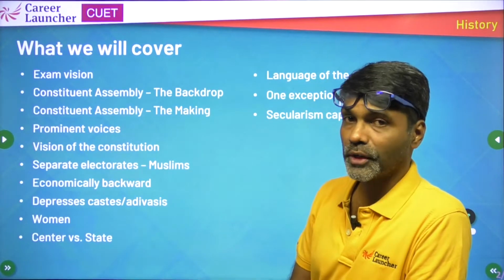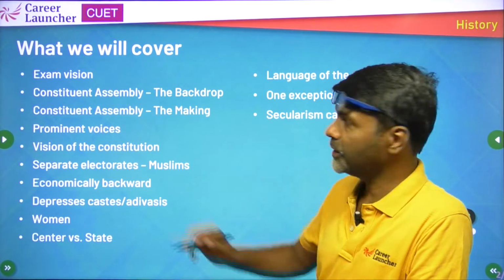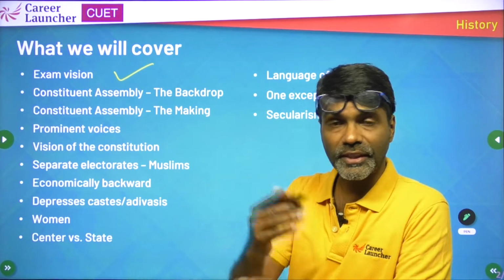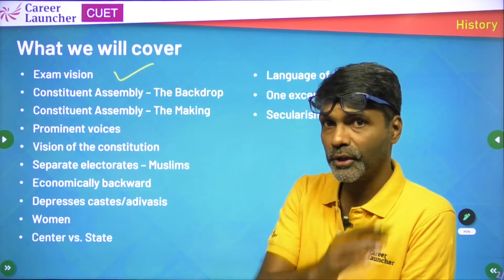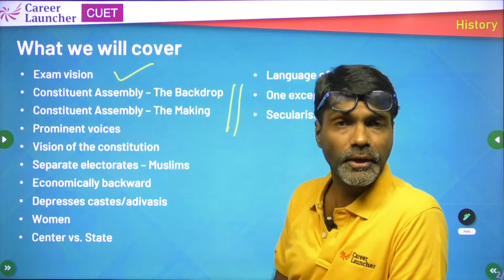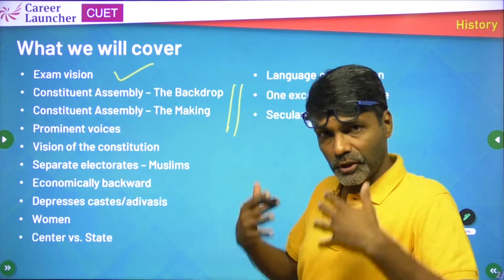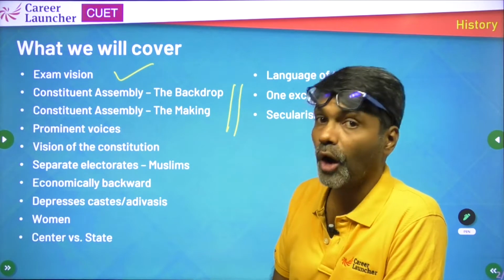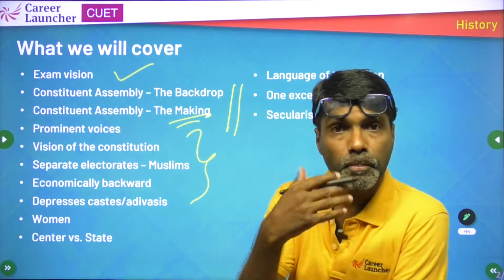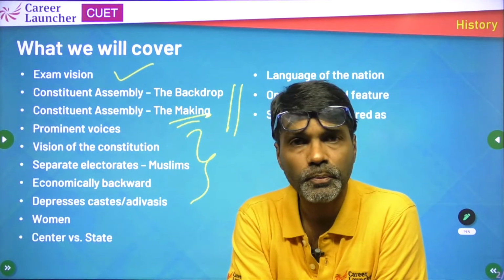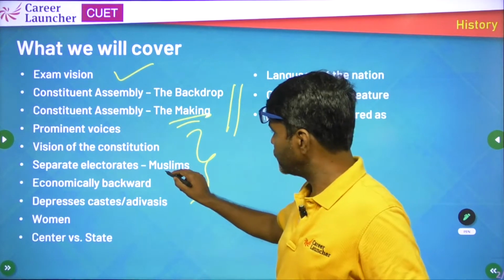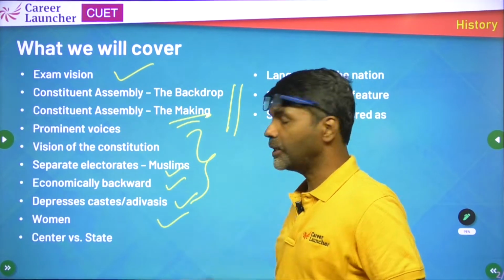What all are we going to cover in this is mentioned here. First is the relevance of this in your exam, especially on the MCQ side. We will talk a little bit about the backdrop, the context in which the Constitution was framed, how did it happen, who were the important people involved in this, what were their views, what were the different perspectives that we had pertaining to critical